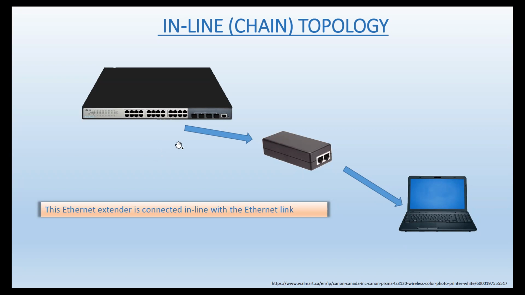So what if the length of the wire that's connecting that one PC workstation to the switch is longer than 328 feet? It's just physically in that spot, and that's it. Well, if that's the case and you connect a straight Ethernet link, you're going to have communication that is intermittent. Sometimes it works, sometimes it doesn't. Unexpected data loss, losing data packets, and so on. Well, what do we do? Somewhere in between, we can install something that's called an Ethernet extender.